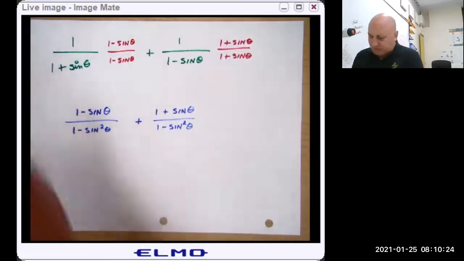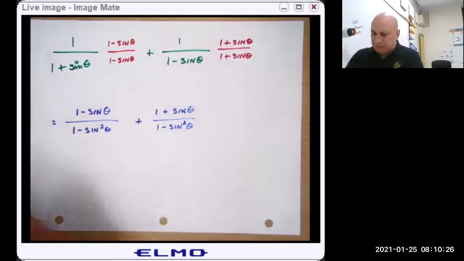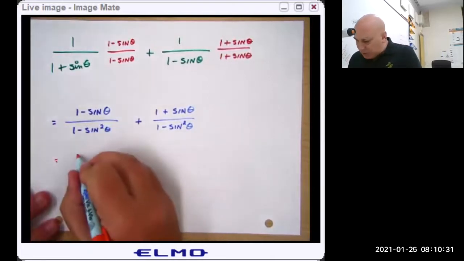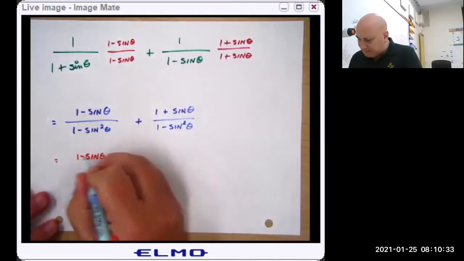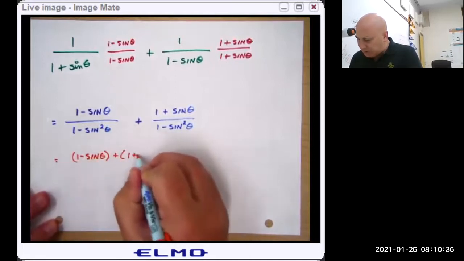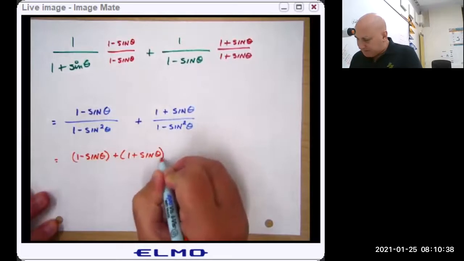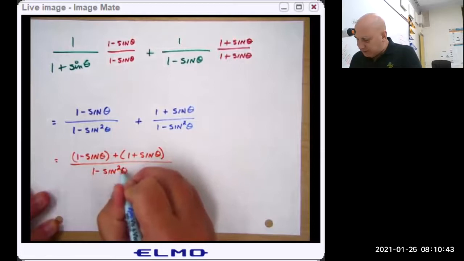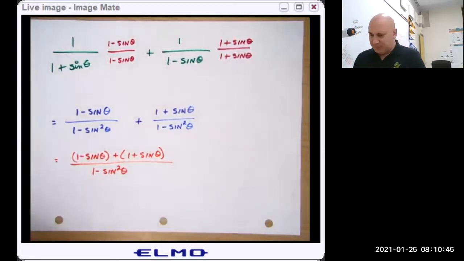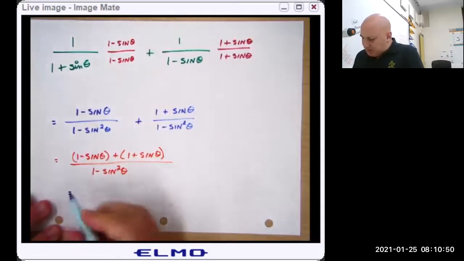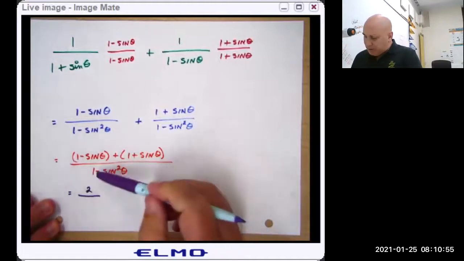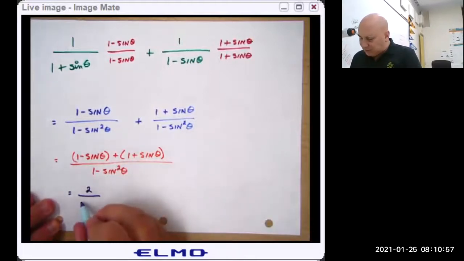Oops, there should be an equals here. And now an equals here. So this will be 1 minus sine theta plus 1 plus sine theta all over 1 minus sine squared theta. Now the sine thetas will cancel, so I have 2 over, now 1 minus sine squared theta is cosine squared